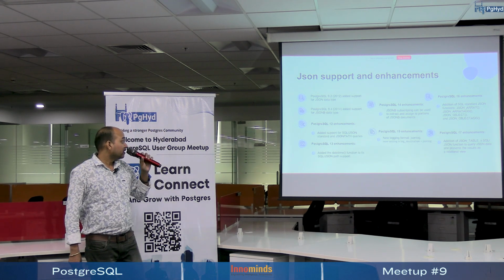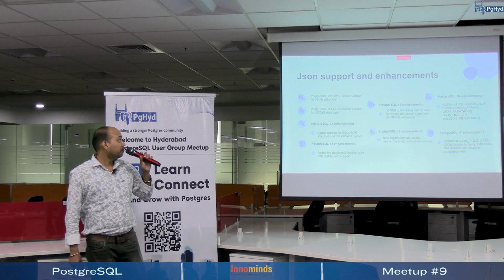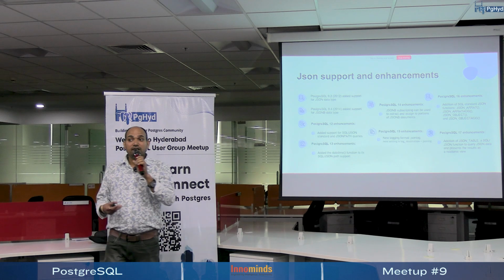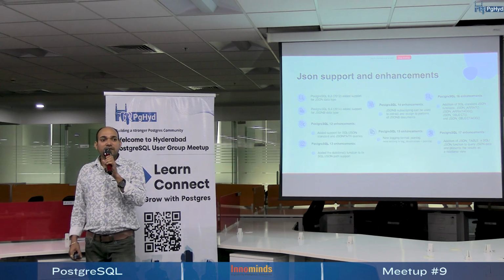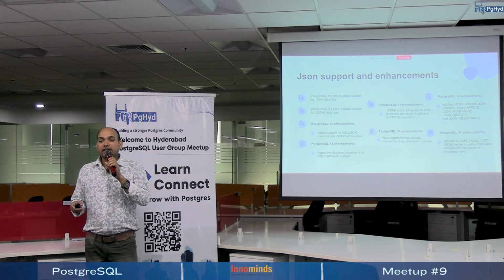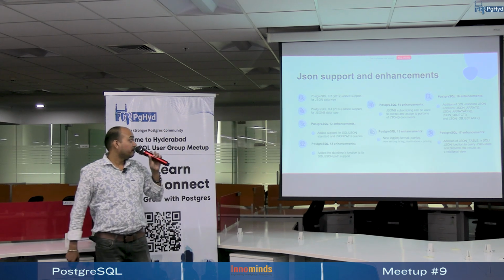PostgreSQL 13 added date timestamp support for the JSON path query. And then in PostgreSQL 14, subscripting for JSON is allowed, similar to arrays. If you say array of 2 or 3, similarly with JSON you can do that too. For PostgreSQL 15,